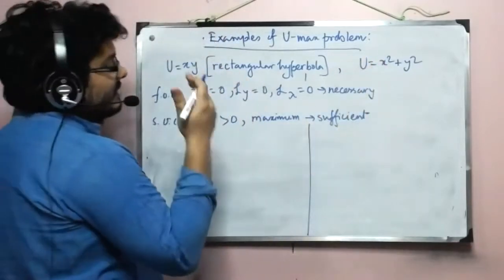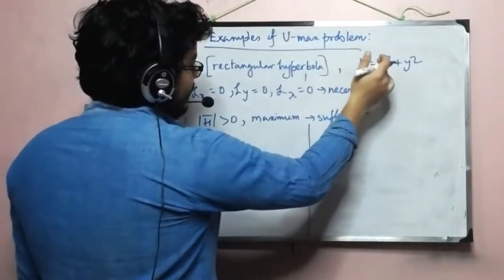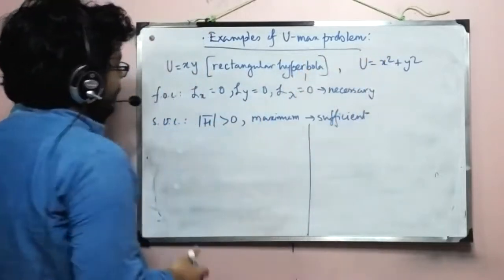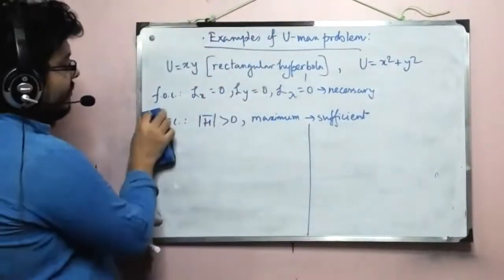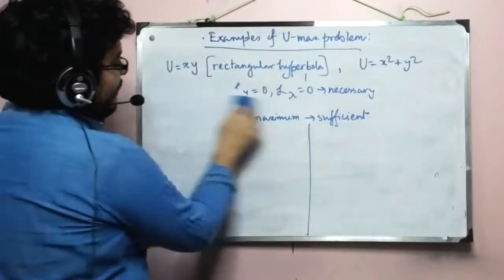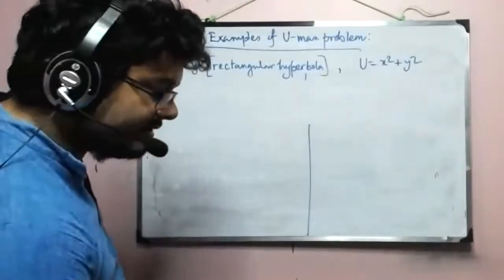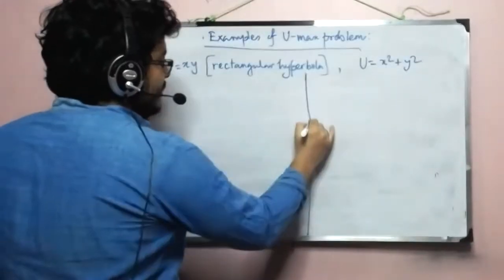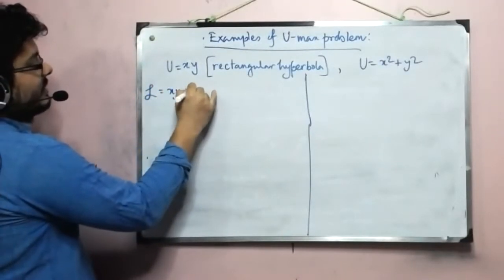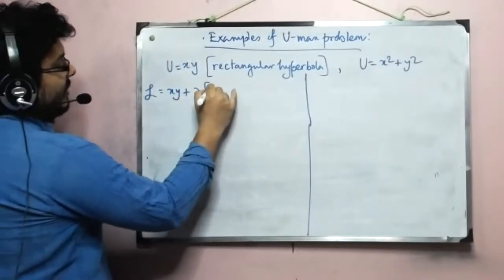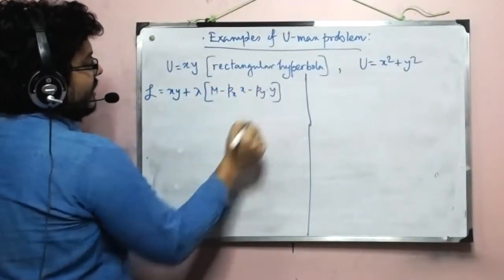Okay, and then we'll discuss why this is so, and obviously how we are going to solve if we have utility functions of this kind. Now, okay, so let's proceed to that. So the problem that we have on the left side is pretty easy. Okay, so let's just construct the Lagrangian. So here it will be xy plus lambda, and we are taking the simplest, so m minus px into x minus py into y. So the generalized idea.